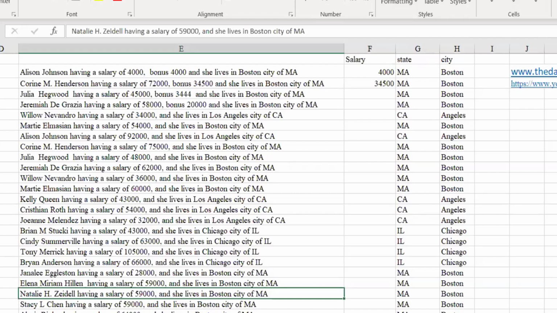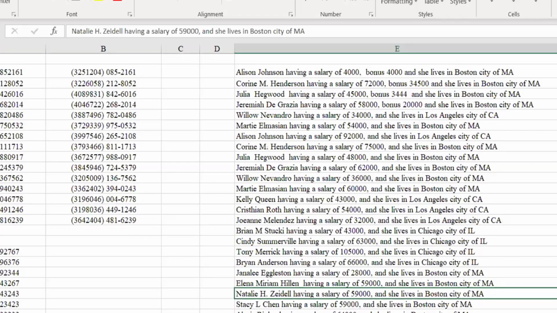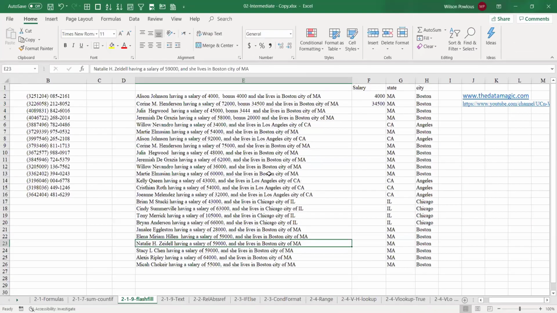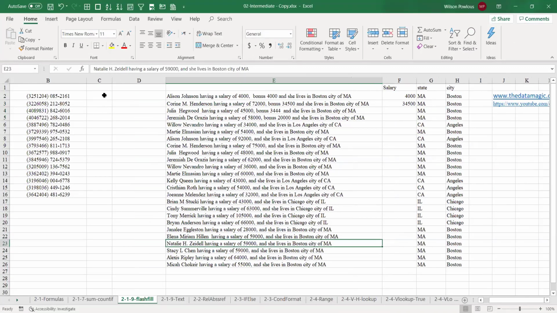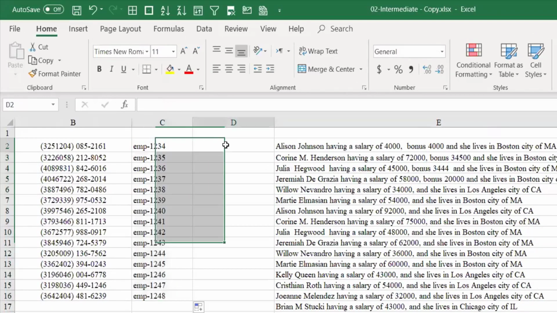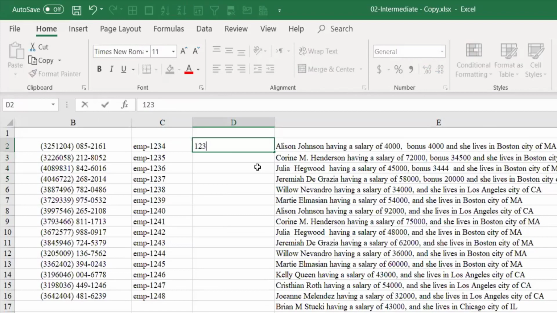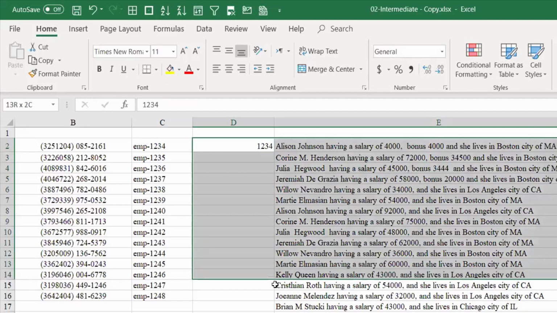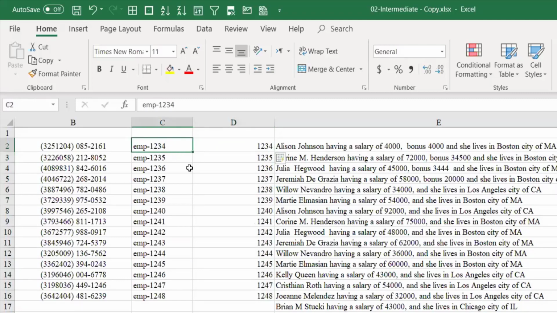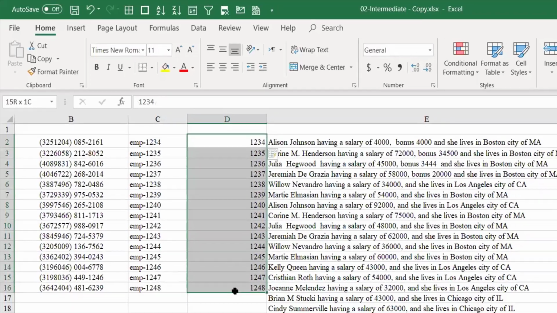So this flash fill is very useful when you are doing some quick analysis, or data cleaning and things like that. Suppose you have something like EMP 1, 2, 3, 4, and you want just the number from this. You don't want the EMP hyphen prefix. So just put 1, 2, 3, 4, then press Control E. It understood that you want the number only, not the prefix EMP. So based on the pattern, it works.